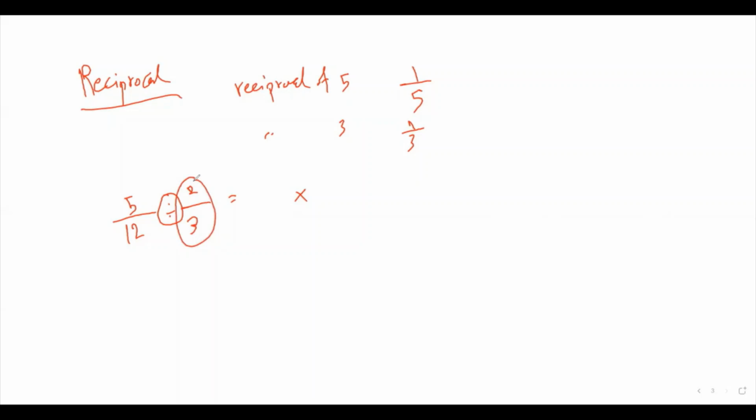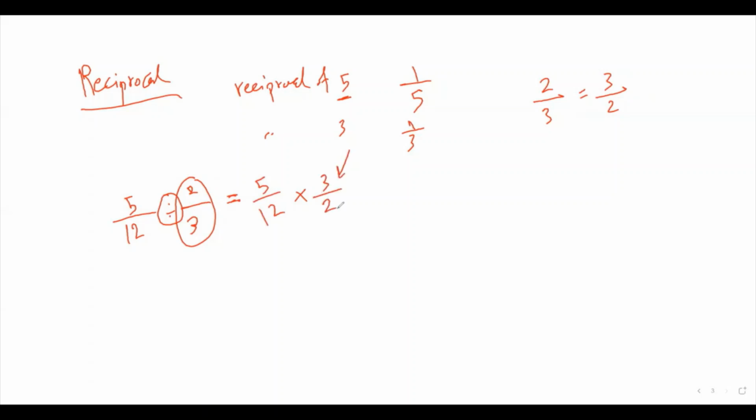If the reciprocal of 5 is 1/5, the reciprocal of 2/3 is 3/2. You just have to switch the numerator and denominator, right? So I convert this division to multiplication by changing the second fraction, not the first one, to its